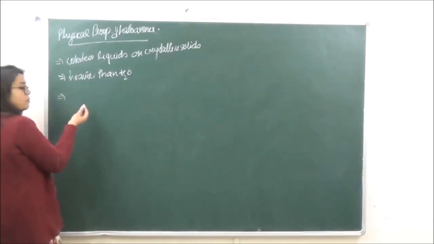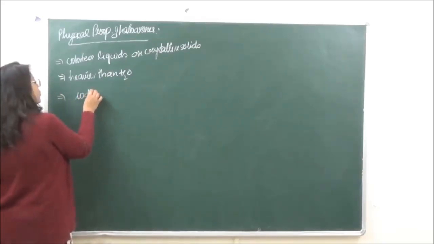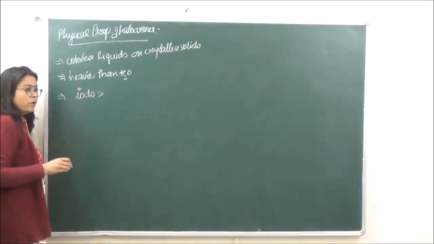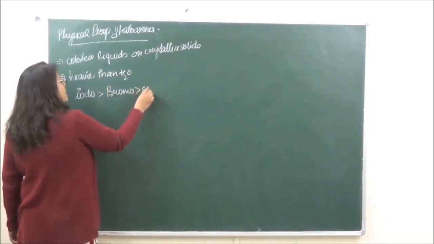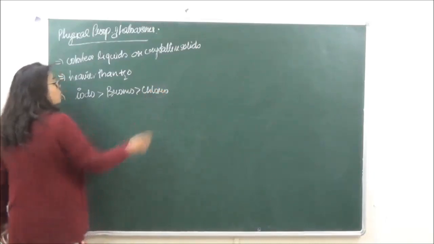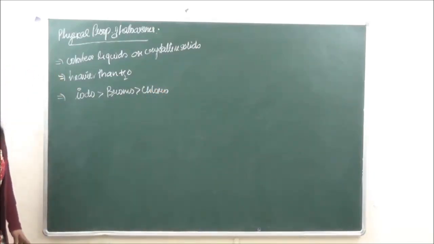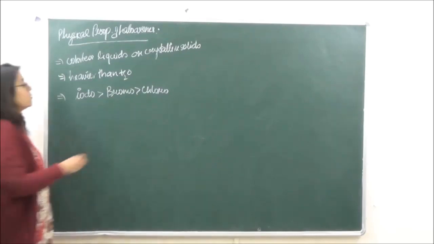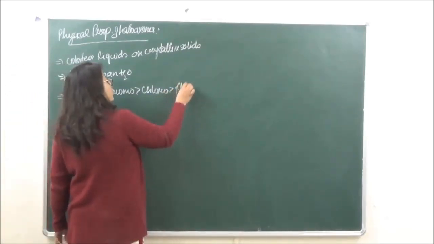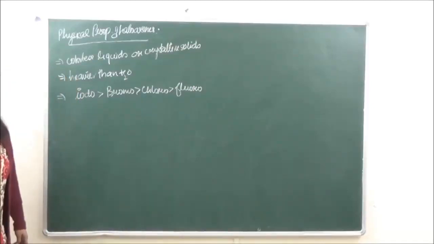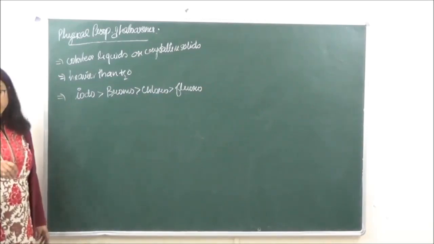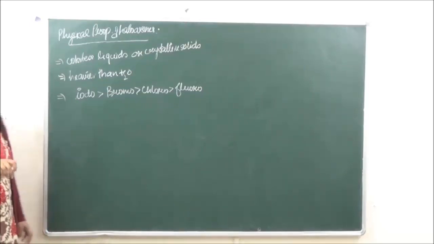So when we are looking at the boiling points over here, again iodine is going to have the greatest boiling point. Then after that bromo, after that chloro substituents, and the least boiling point will be of which one? Fluoro. The reason behind that is the same as we just discussed, that as the mass increases, the van der Waals forces increase and the boiling point also increases.